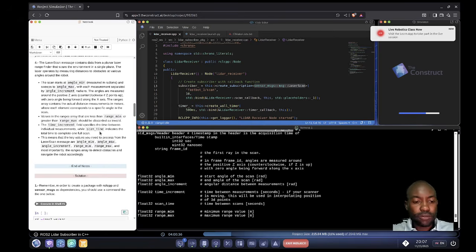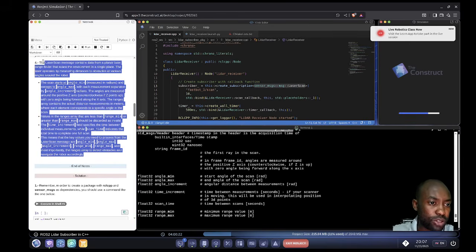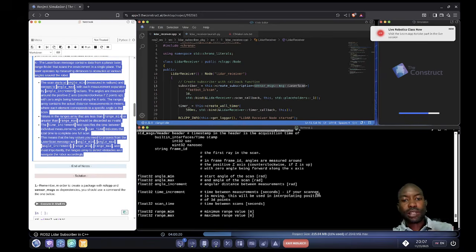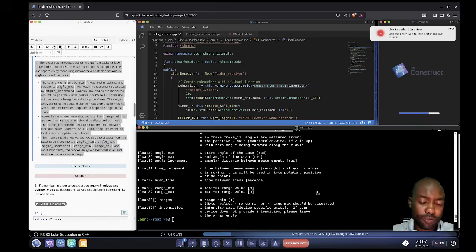If you imagine that your laser sensor is spinning, to do a complete scan it has to spin to come back to the original position. That's the time. Then you have angle min, angle max, angle increment, range min, and range max. So I highly recommend you go through this so that you can understand in more detail what the laser scan interface is like,